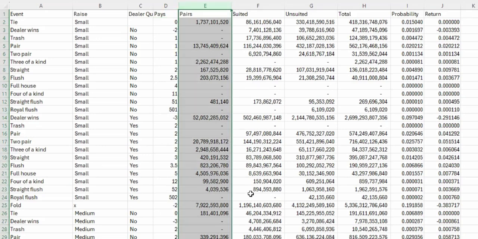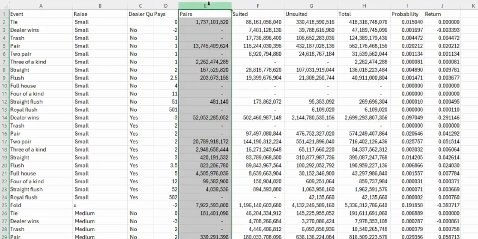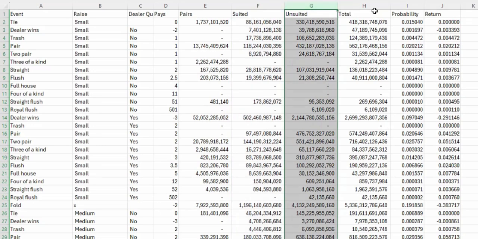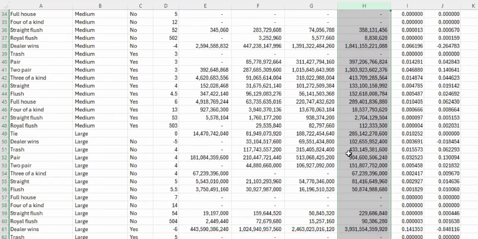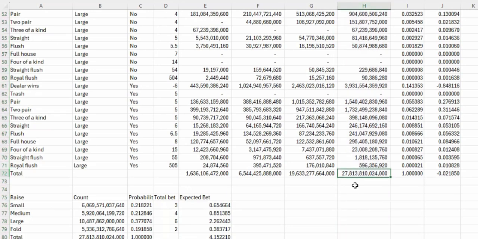So here are the combinations if, let me move this box, if the starting hand was a pair. Column F is if the two player cards were suited. Column G is if they were unsuited but not a pair. And column H is the total number of combinations for all situations. So down here in cell H72 we have the total combinations, and let's just calculate that manually just to see